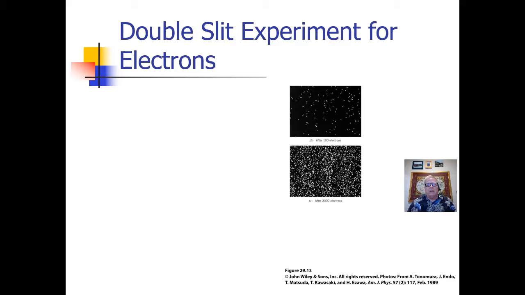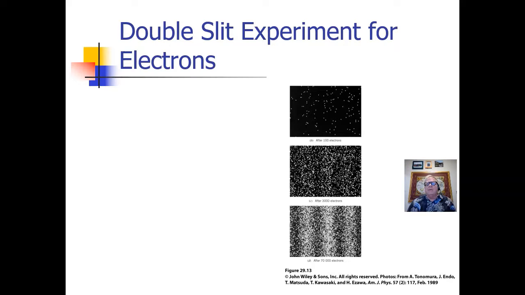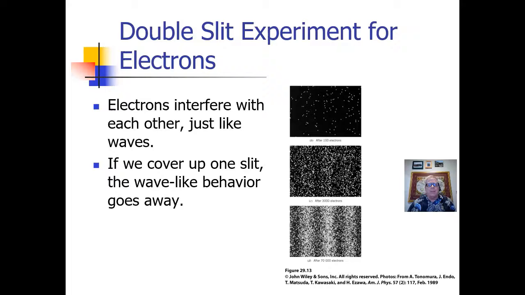perhaps that's where the screen would be, you start to see a little bit more of a pattern. You can almost see a pattern emerging here. Now here are 70,000 electrons having gone through the two slits. And although the electrons are going through just one or two at a time, when you have many electrons going through, you do see the formation of an interference pattern. You see fringes where there's a lot of electrons that are hitting at a certain point, and then you see places where very, very few electrons are hitting. And so it turns out that electrons interfere with each other just like waves do.